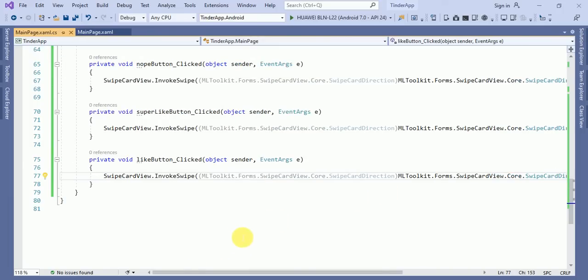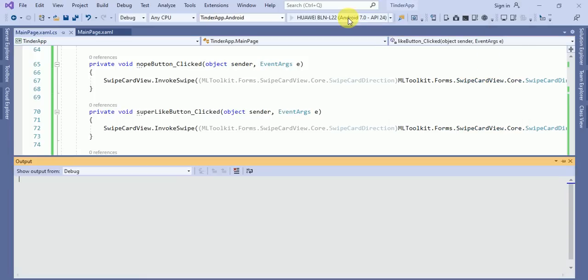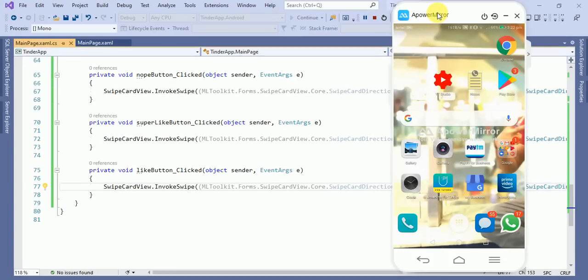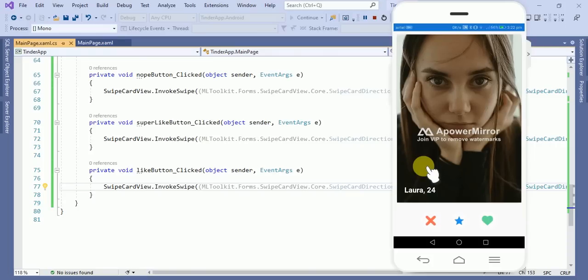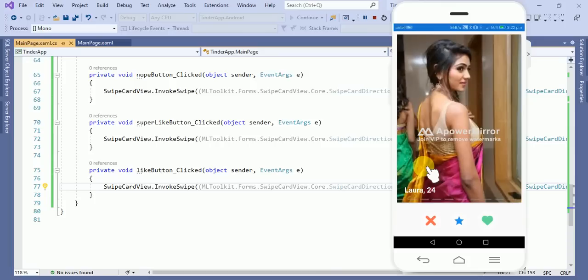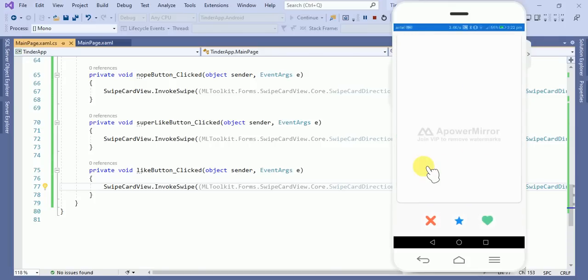So the result, again run the application and see the result. So hope we will get the result as expected. Once I click on the like button, here you can see like, and if I press the dislike, and if I press the super like, we are getting this image as blank.